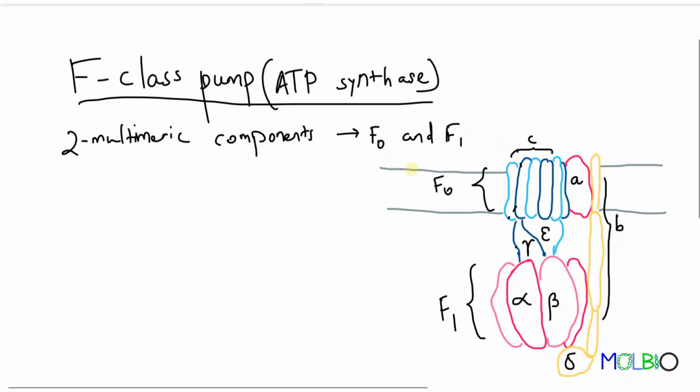Here let's consider this membrane. Let's say it's the inner mitochondrial wall. The proton will flow from higher concentration to lower concentration across this membrane, and this complex will use it to produce ATP. It is composed of two multimeric components called F0 and F1. Now, looking into the details of each component, the F0 component,